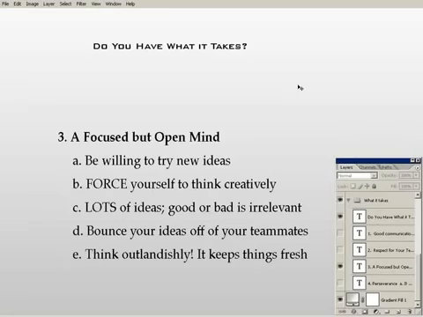Force yourself to think creatively. Try to come up with one crazy idea every single day that you're working on a project, and then present it to people and see if they go completely off the wall. Like, what if we just filled the game with bunnies? But it'd be a great game. It would be a great game. It's been done. It's called Rayman. Rayman already did it, and that was good. It worked really well for them.